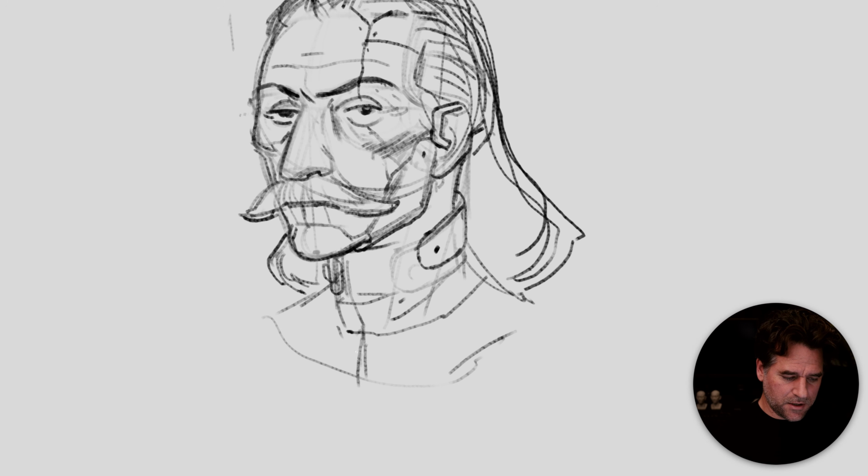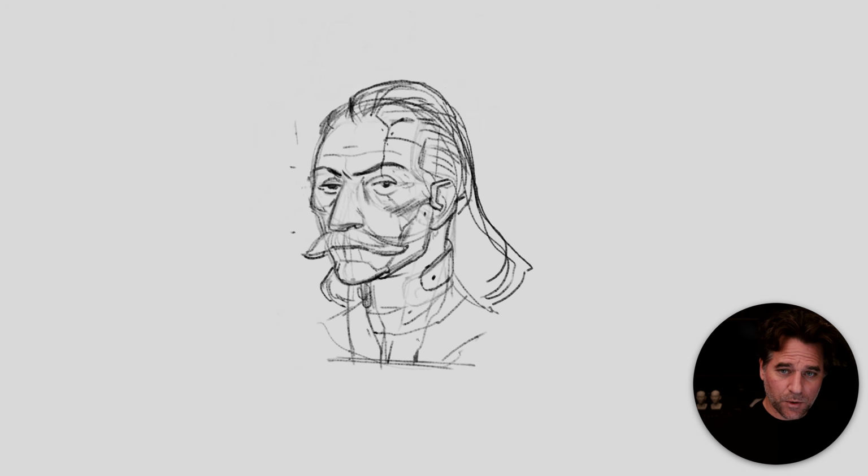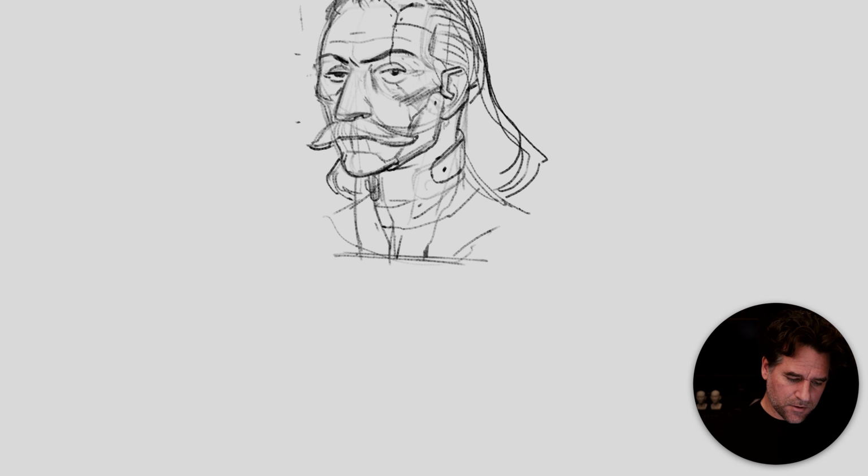So now that I've got this, typically the clavicle is kind of one proportion below. So a good rule of thumb to use is that the chest and the neck is going to end up about one of these proportional markers, sort of 1, 2, 3. One of those below. Okay, so I'm going to give him